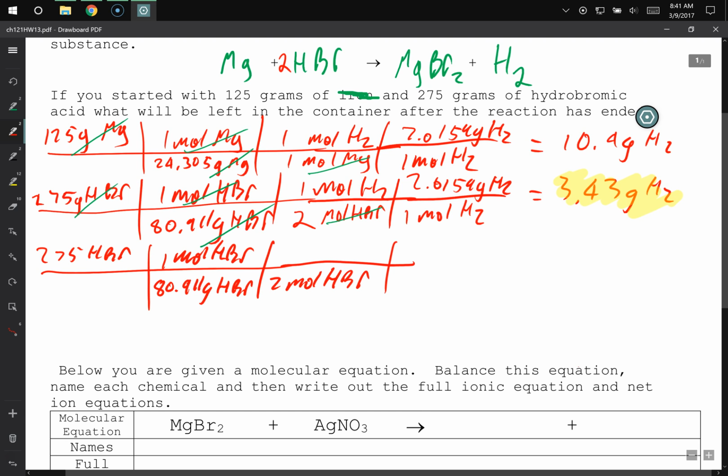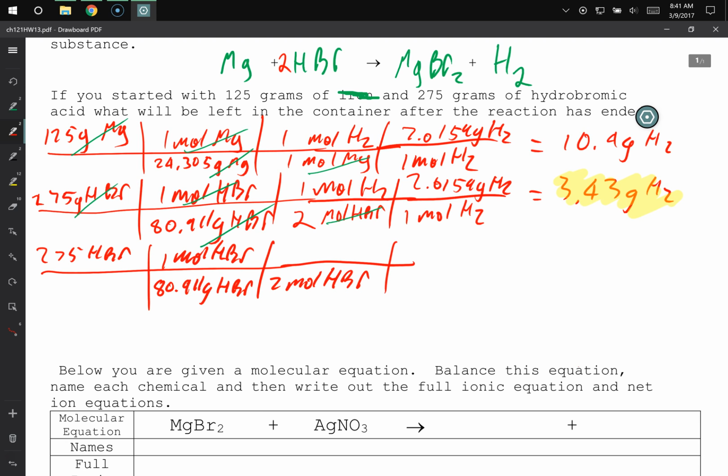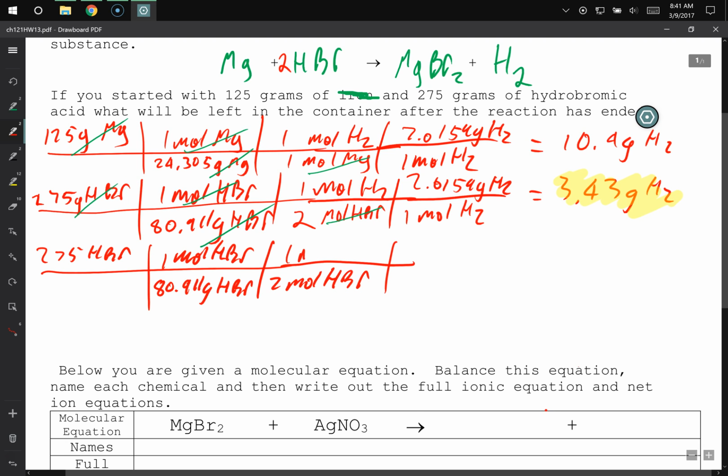Okay, so it looks just like the one right above it because I'm trying to figure out how much of the magnesium bromide I'm going to make with this. So I'm going to put 1 mole magnesium bromide up top, and then 1 mole magnesium bromide. And then it's 184.113 grams of